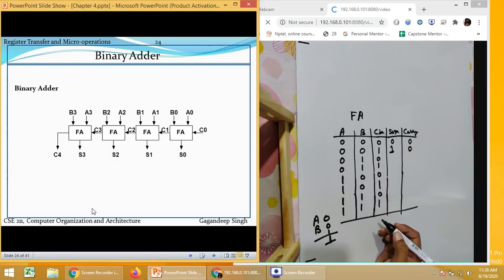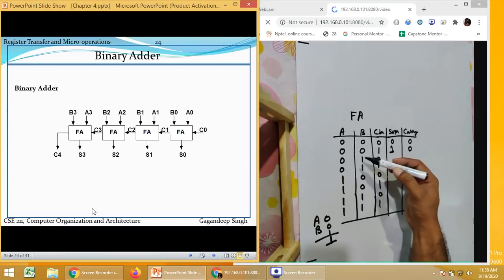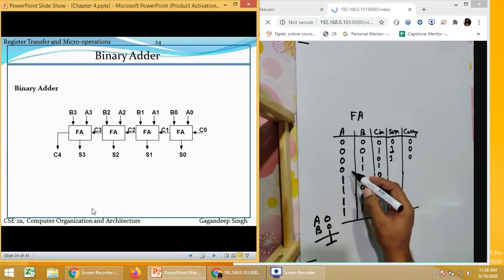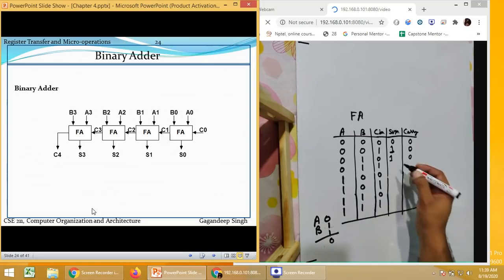Similarly in the next case, when we have 0 1 0, the sum will still be 1, carry will be 0. Next, if both are 1 1, 0 plus 1 is 1, 1 plus 1 is 0, so sum will be 0 and carry will be 1.